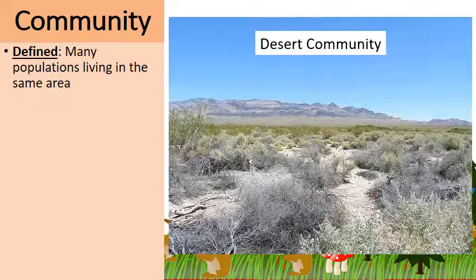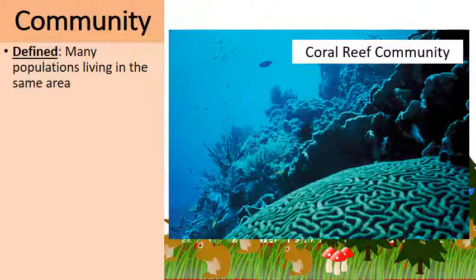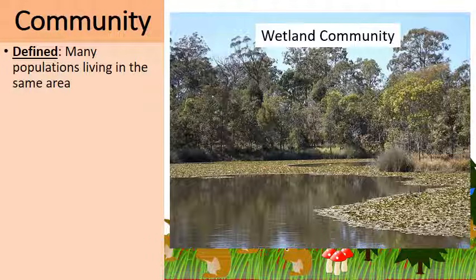Well, throughout nature, there's all kinds of communities. Here's a desert community. Aside from the vegetation you see, I'm sure there's insects scurrying around, and reptiles, and perhaps even small mammals make up part of the desert community. Here's a coral reef community. You have the corals themselves, which are alive, plus maybe invertebrates like shrimp and crabs, and don't forget about the vertebrate fish that are swimming around, all make up the coral reef community. And even in a wetland community here, you have, of course, the plant life that you see in the picture, but also the fish that are swimming around, birds that migrate in, insects. These are all part of the wetland community.